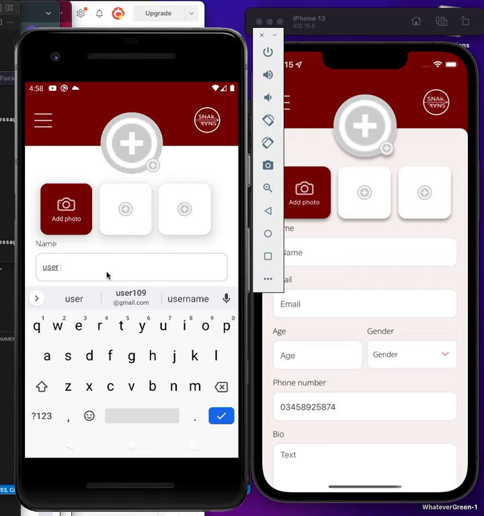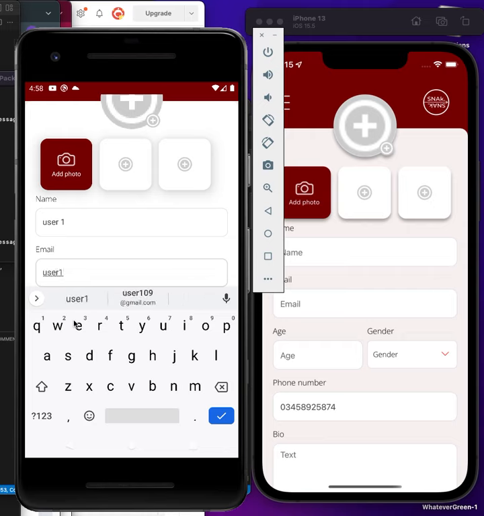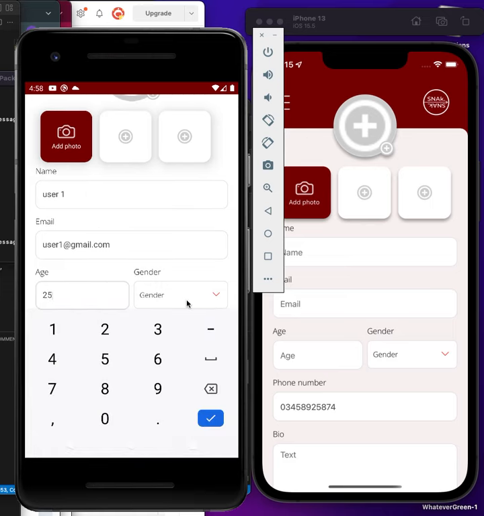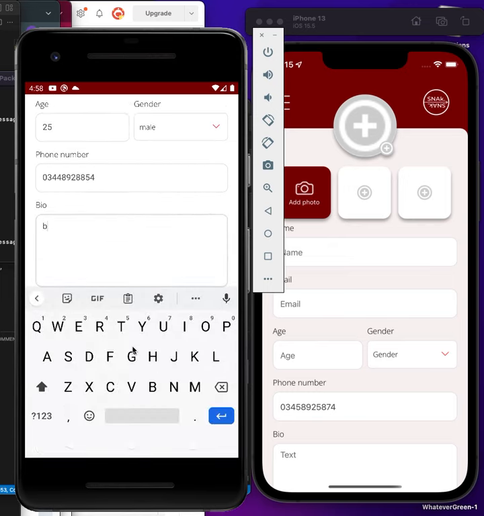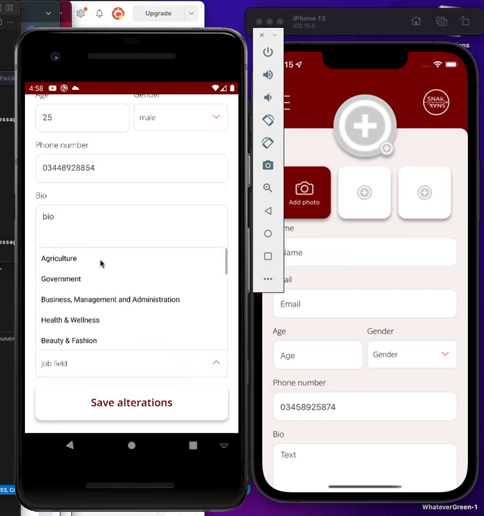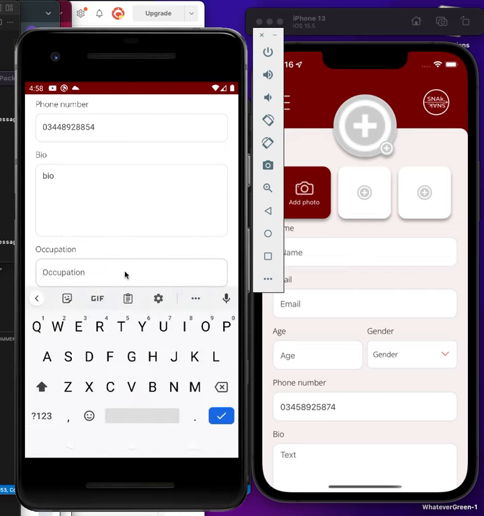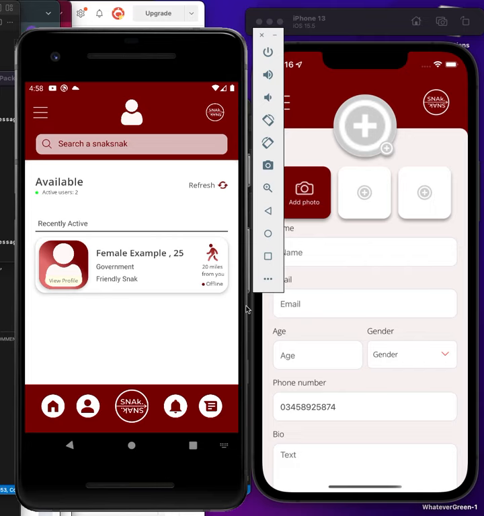We will name it user1, user1 at gmail. User mail, user one, I'm setting it as male, and the other user we will set as female. You can leave these fields empty if you want to, because they're just for the sake of it. We're just taking it. It's not necessary. Okay, our profile has been created,